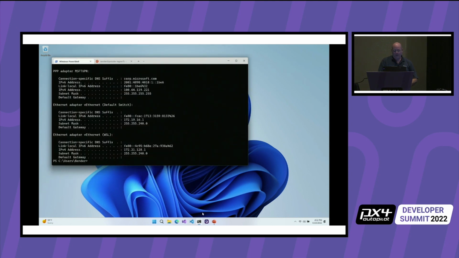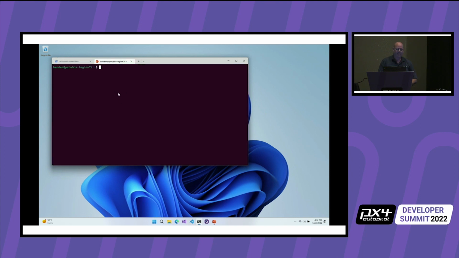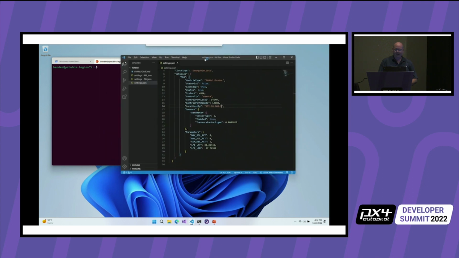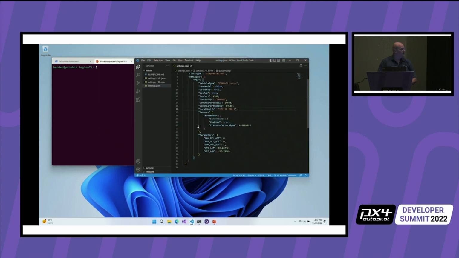So next thing. Now what we need to do is let's fix up PX4. So this here is the config file for AirSim. This is located in your documents AirSim folder. And what we need to do, we need to use the vehicle type PX4, and we need to say use